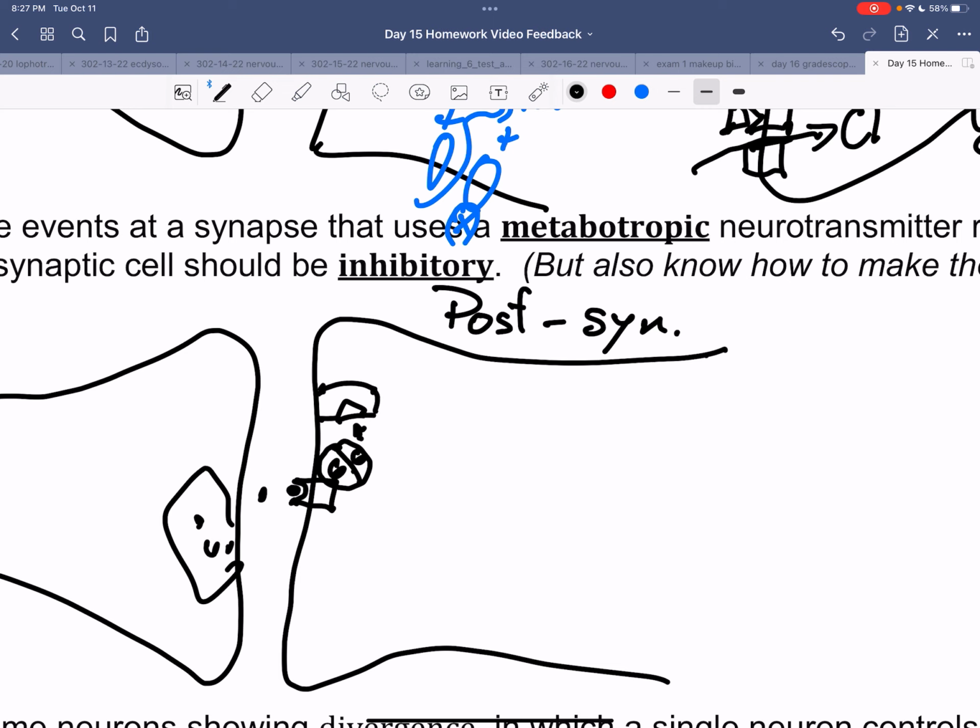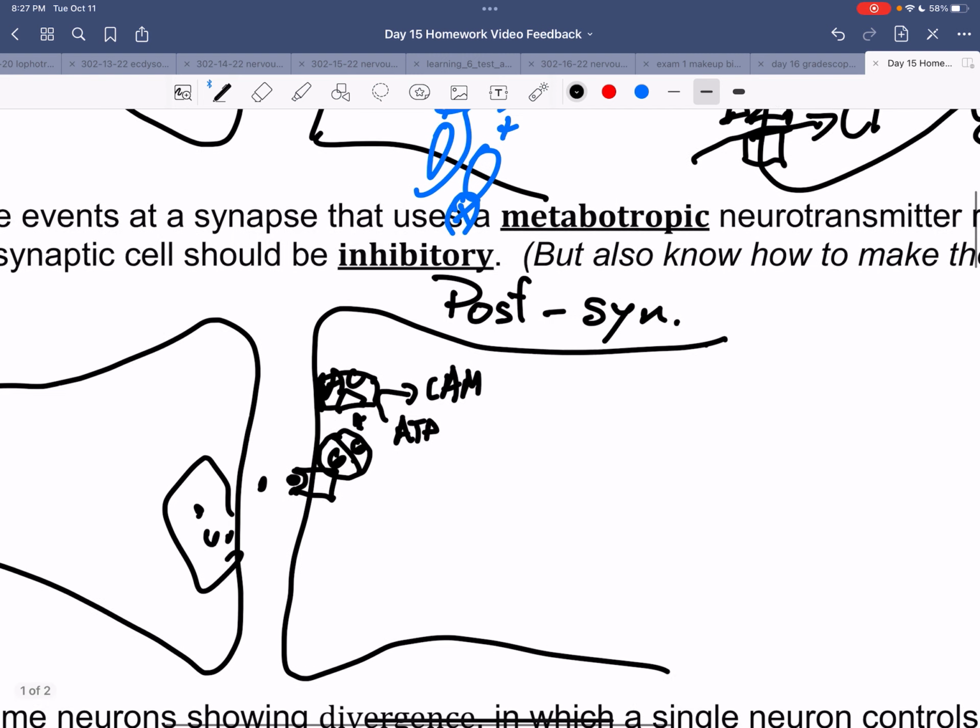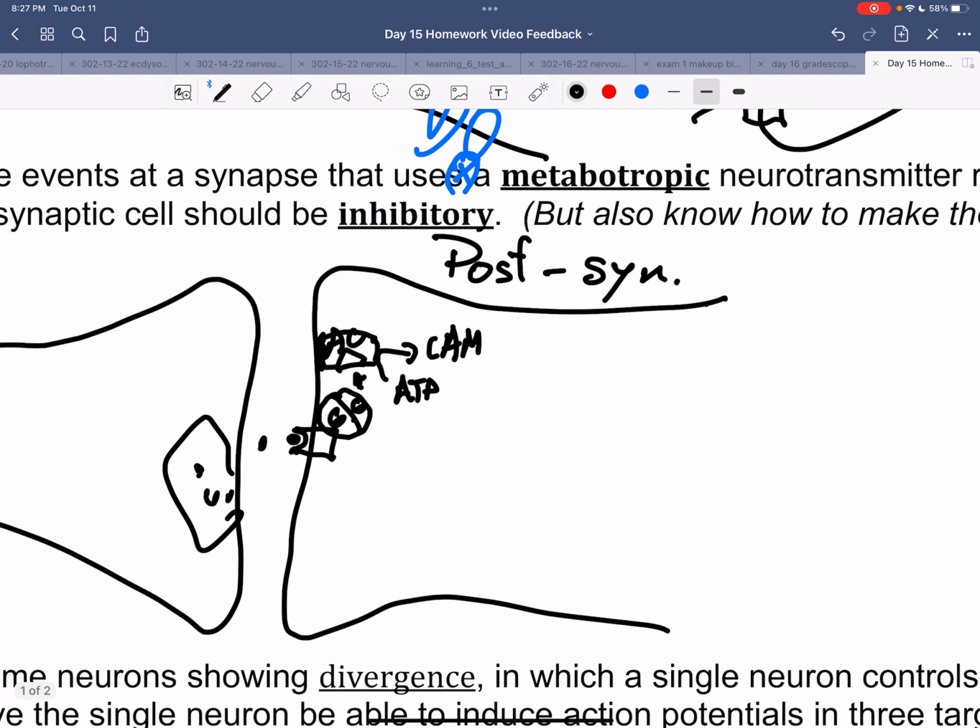And adenylate cyclase is one of the common targets. Adenylate cyclase converts ATP to cyclic AMP. So here is AC. AC I usually draw tethered to the membrane because commonly adenylate cyclase is a membrane protein tethered on the inside of the membrane. Then our cyclic AMP